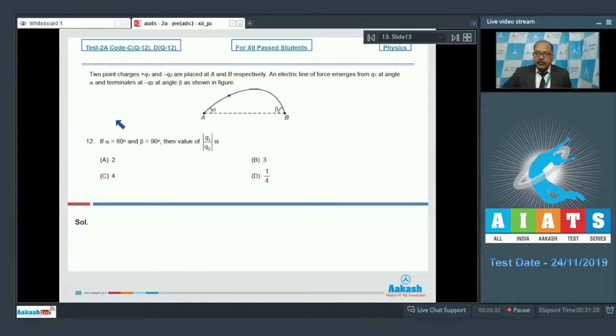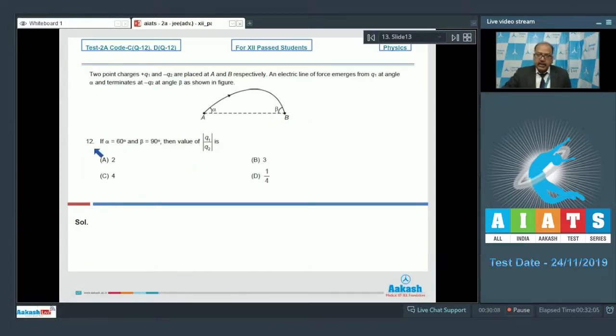Now this is a paragraph based question, and the paragraph for the next two questions, that is question number 12 and 13, is here. It says 2 point charges plus Q1 and minus Q2 are placed at A and B respectively. An electric line of force emerges from Q1 at angle alpha and terminates at minus Q2 at angle beta as shown in figure. The electric line of force has been shown here. It's emerging at A at angle alpha with the line AB and meets B again at angle beta with line